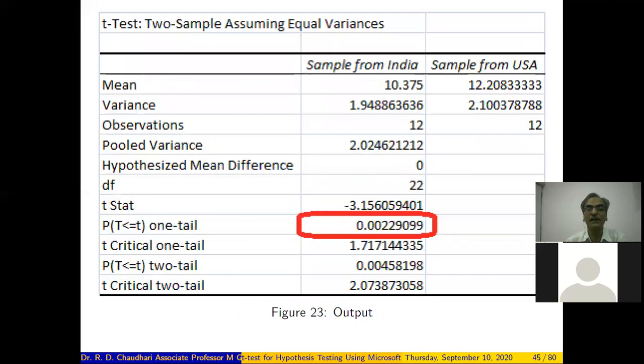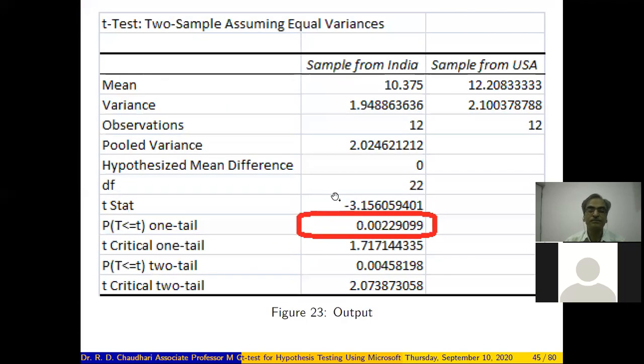If you look at the output, here we have a similar descriptive summary of the data: mean for the first sample is 10.375, mean for the second sample is 12.20, variance is 1.94 and 2.1. Since we have specified the level of significance alpha, and assumed the null hypothesis H naught mu1 equal to mu2, the hypothesized difference is 0.